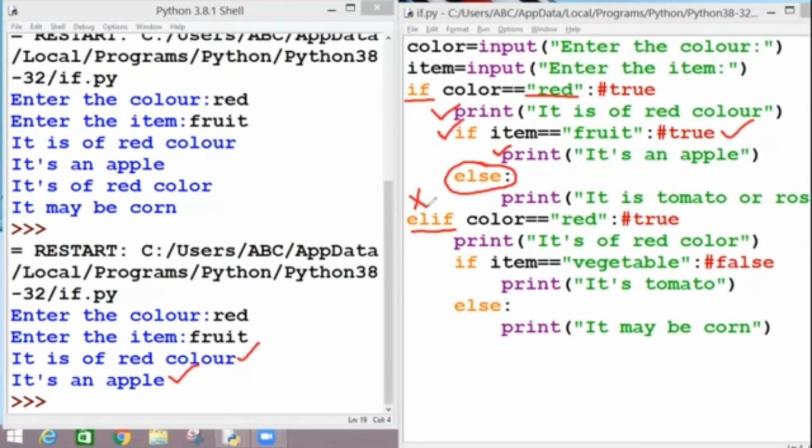Nothing will be calculated because the control has not shifted onto this condition, onto this block. So this is all about if and else and nesting of if. Your condition calculation and the display of print statement is